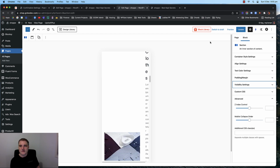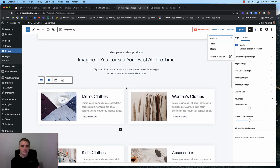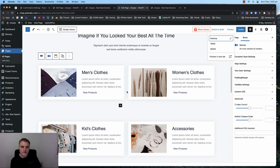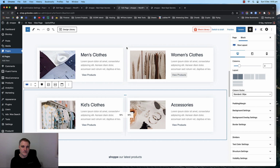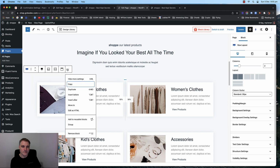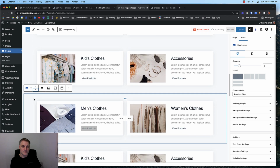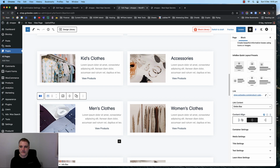And anyway, what I would do in that regard, my workaround, this is what I would do in this situation, and that is to basically rebuild these sections. So I'd duplicate, and then I would duplicate this row, then what I would do is for the design I would essentially change the style to